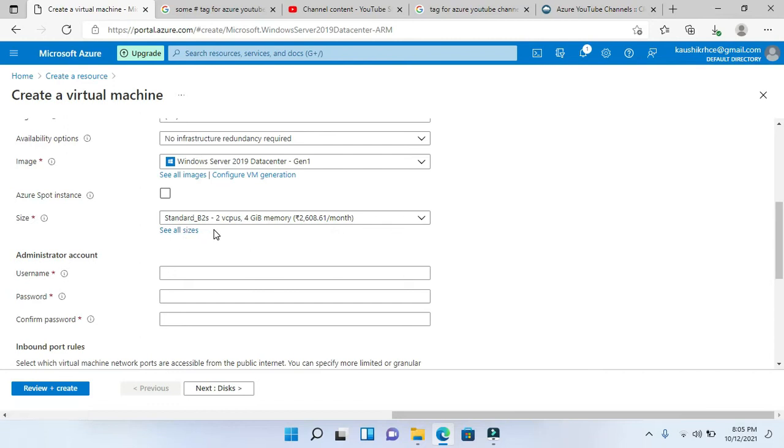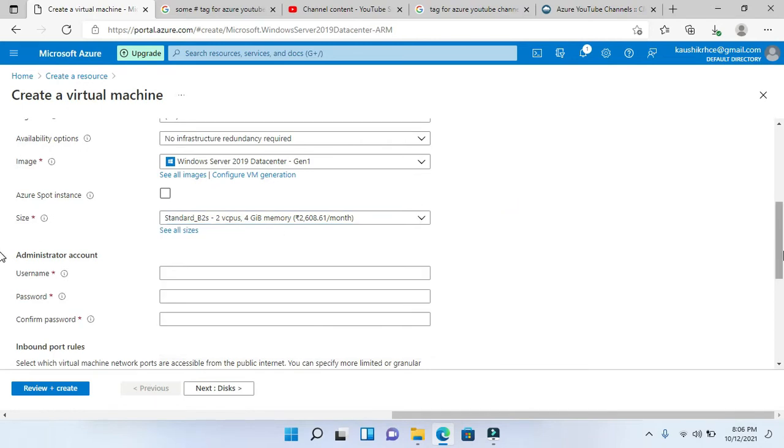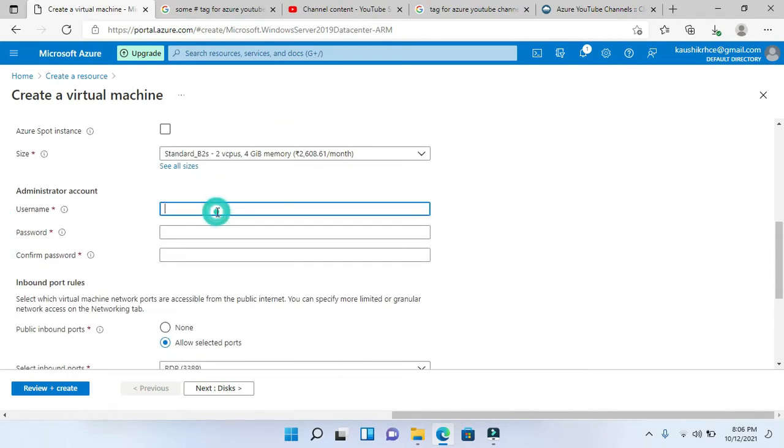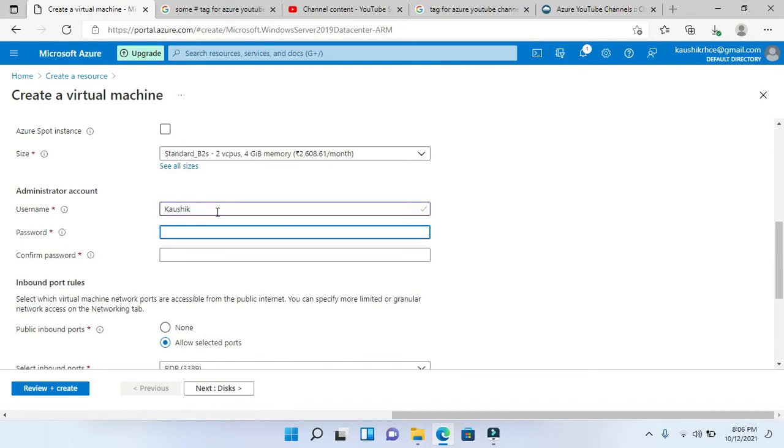Your machine size is 2 vCPU and 4 GB RAM. Here you can customize your configuration based on your requirement. I have chosen a very nominal one, based on the free subscription. The username is Kosik, and I have also given a recommended strong password.